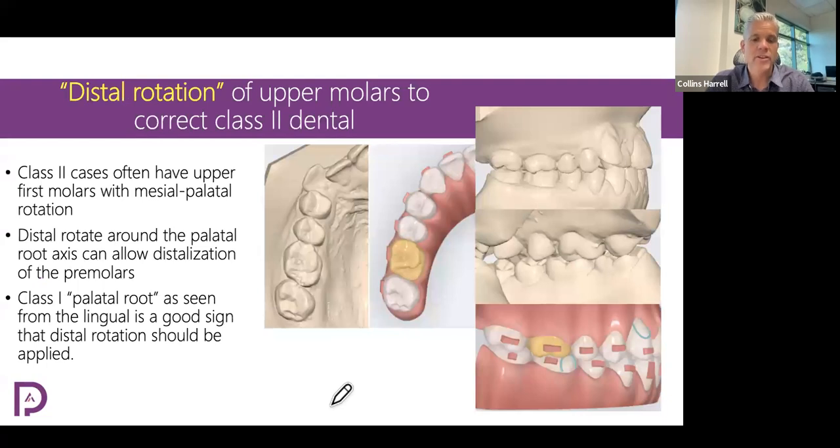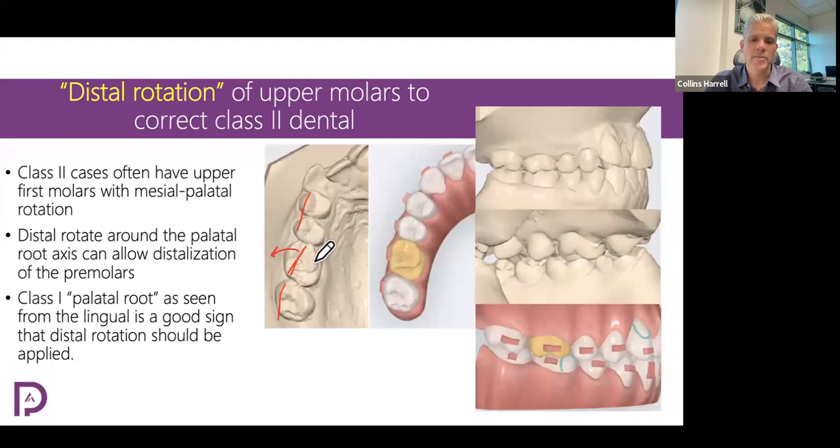Another thing that we want to consider is whenever there's dental class 2 with aligners, often we'll find that there's some mesial rotation of upper first molars compared to the rest of the teeth in the arch. Okay. I've drawn that a little bit severe, but if you look at the overall arch form, you'll see that there's a little bit of a mesial rotation of the upper first molar compared to the rest of the teeth. And so if we ask the technicians, which the progressive aligner technicians should do for you, but just be aware of it, if we rotate this tooth